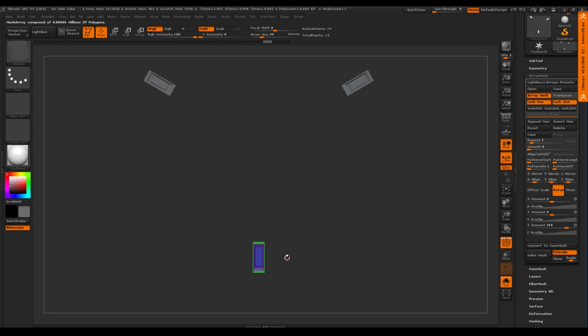And then of course I wanted to see what this looked like smooth. So I'm turning on dynamic now, which is hitting that D key, D for David, Dynamesh, or Dynamite.